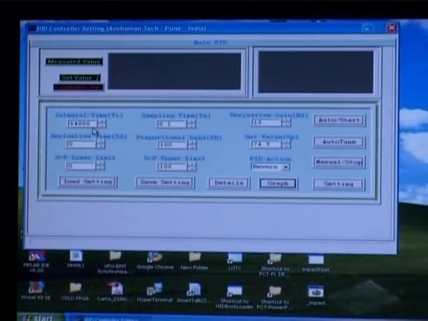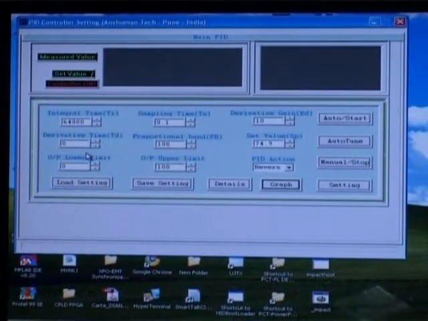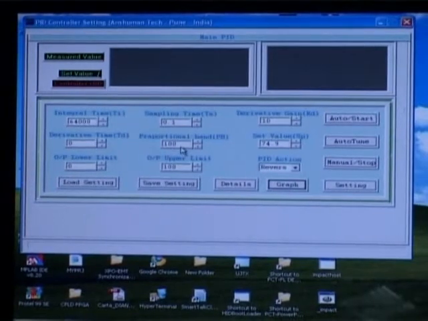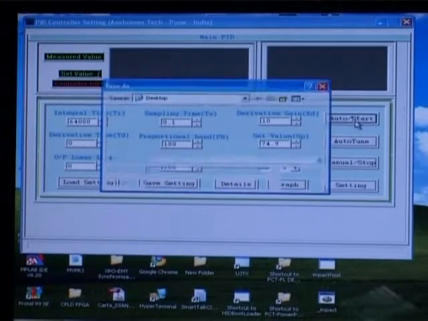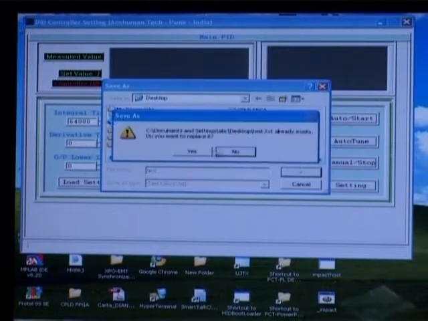Set values: integral time 64000, sampling time 0.1, derivative time 0, proportional band 100, and select auto start. Click at auto start, save. Yes,